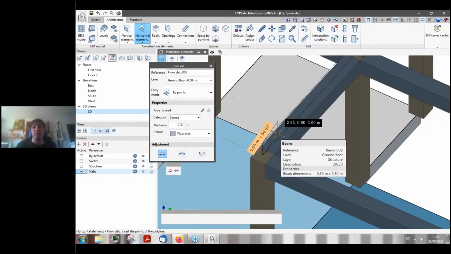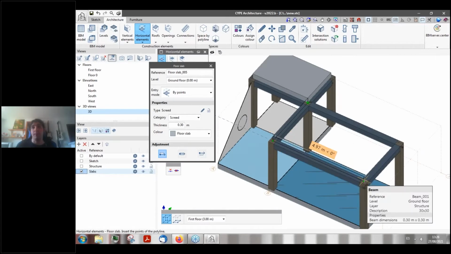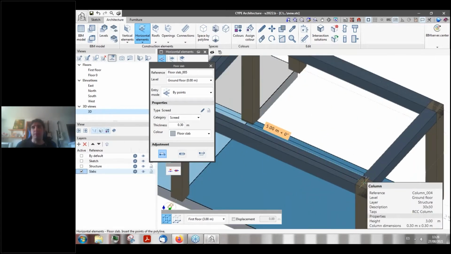And floor slabs are not the only structural element that you can insert. As you can see, you can also insert other kinds of horizontal elements like the ones that I told you before. You could insert, for example,